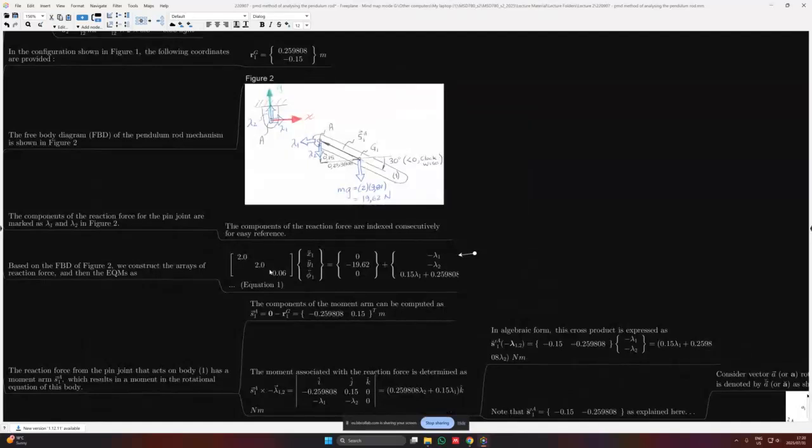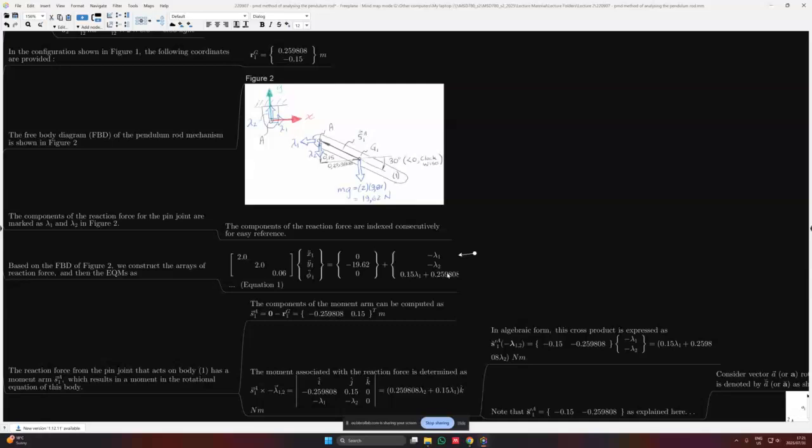we have some sort of a mass or inertia matrix that we construct over here, a diagonal matrix. In reality, you have a bunch of zeros over here, but we're only interested in these diagonal elements. So if I construct this, in the first two entries I have the mass of the pendulum rod, and then the last entry is the mass moment of inertia, 0.06 kilogram meter squared. Then I have my acceleration vector, so this is x double dot, y double dot, and then phi double dot, which is